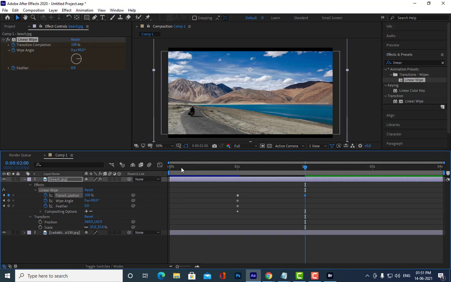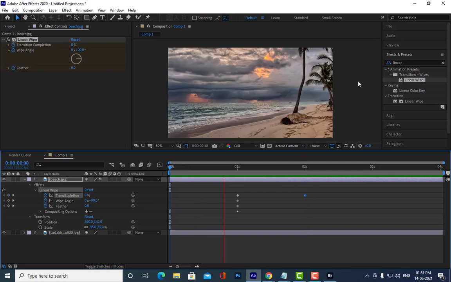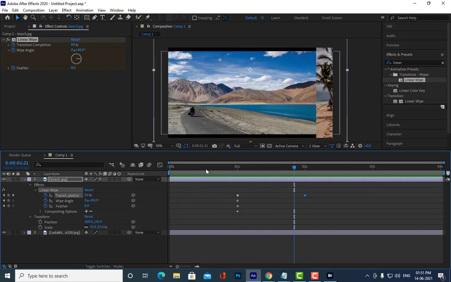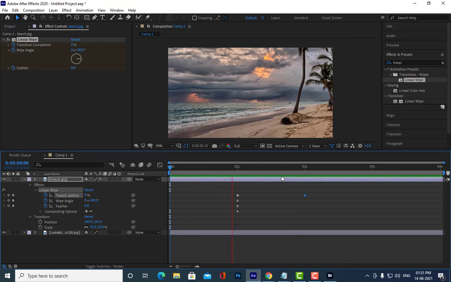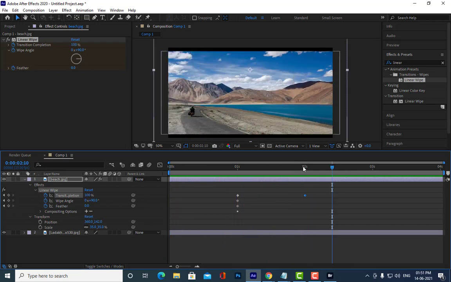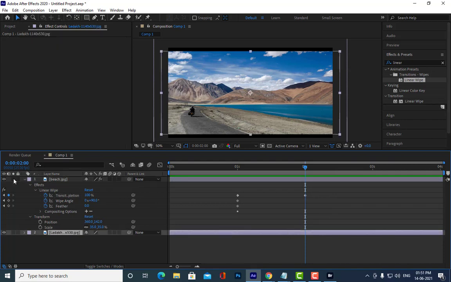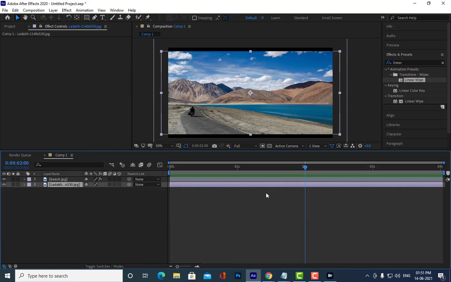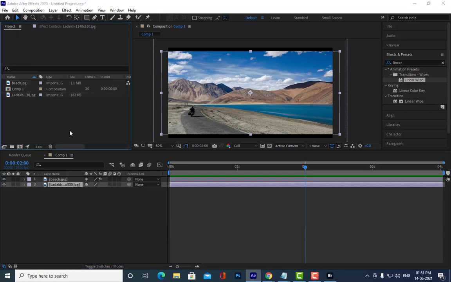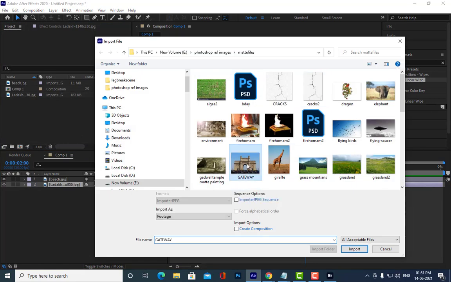Okay, see, the image will show till the first second, and then from the first second it will disappear. In the same way, I want this second image to stay, and then I want to apply a transition for the second image. And we will also take a third image here. Are you all getting my point? Yes, sir.